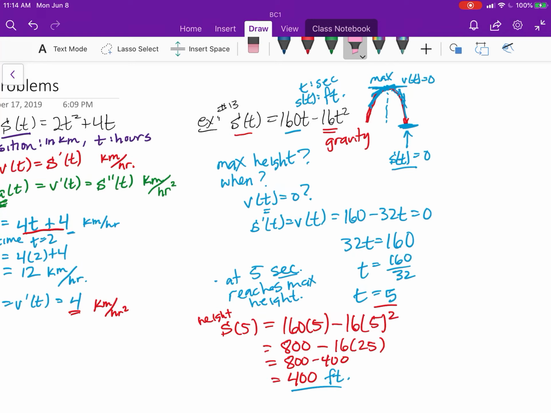So to get the actual max height now, we just substitute that 5 back into the position function, the original one. 160 multiplied by 5 minus 16 multiplied by 5 squared, and we get 400. In this example, we had seconds and feet, so 400 feet is the max height, and it happened 5 seconds into flight, or whatever it